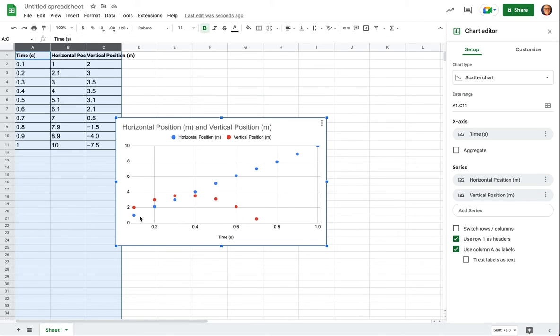And the cool thing is I can immediately see the blue, which is horizontal. This is position versus time, so the slope is velocity. The concavity tells you the acceleration. So with a straight line, you can tell that the slope is constant, so it's constant velocity. And that's horizontal, and with the vertical you can see that it's got negative concavity, so it must